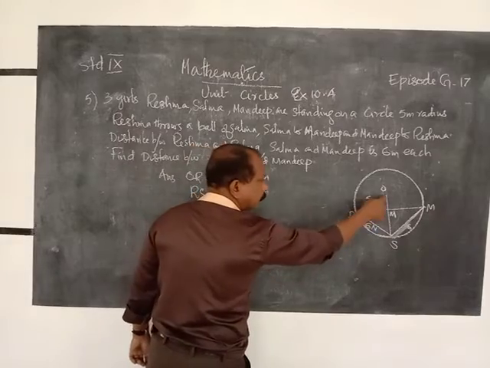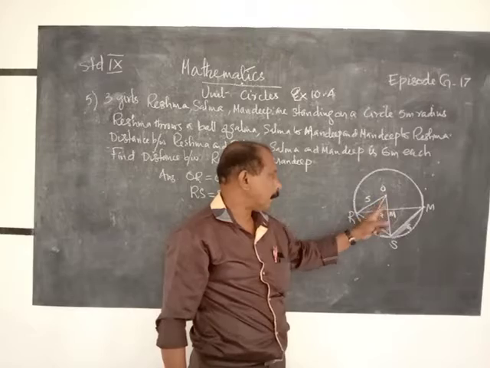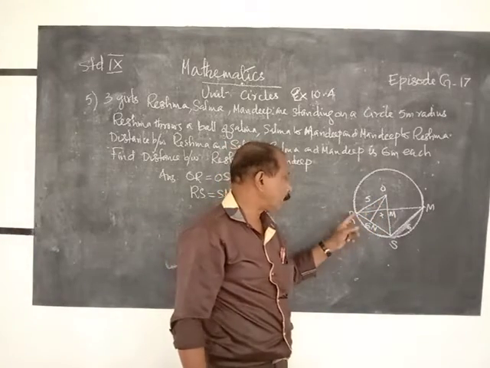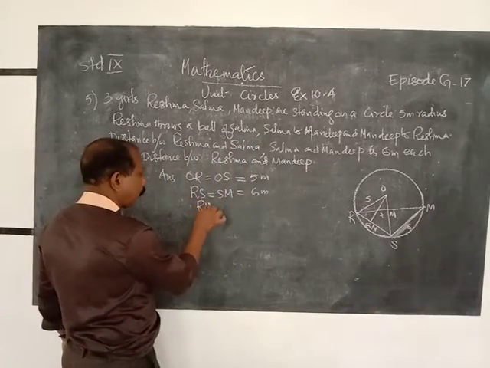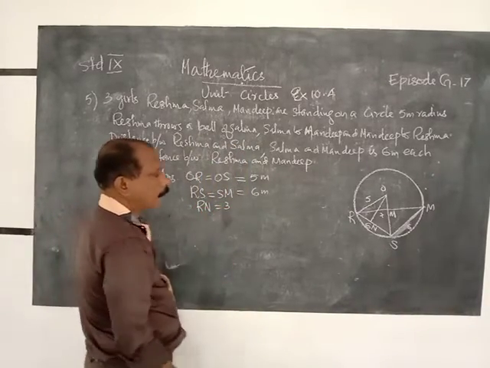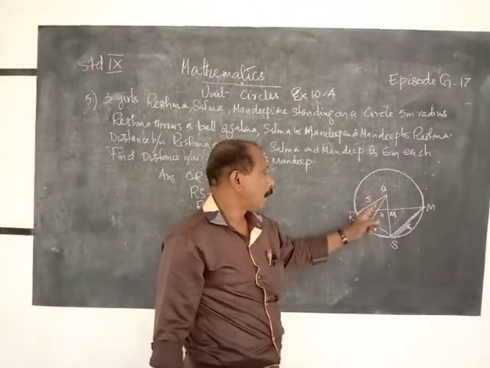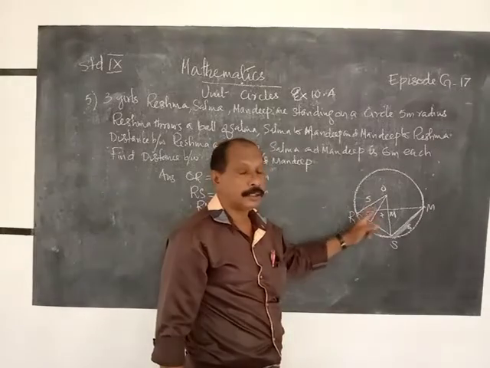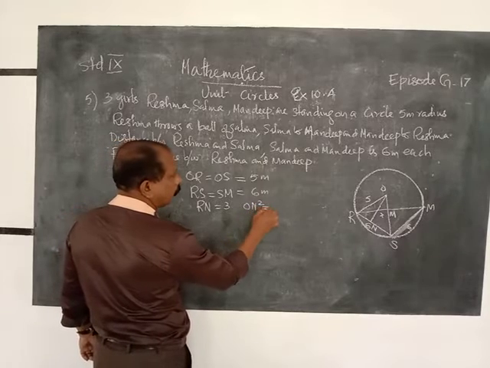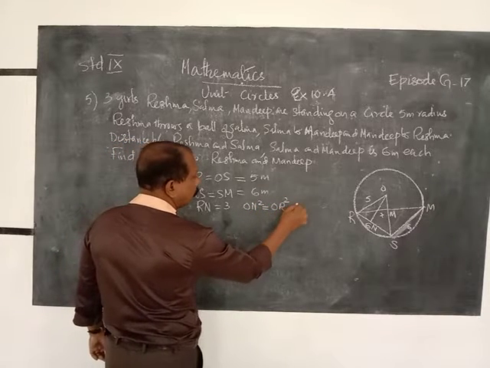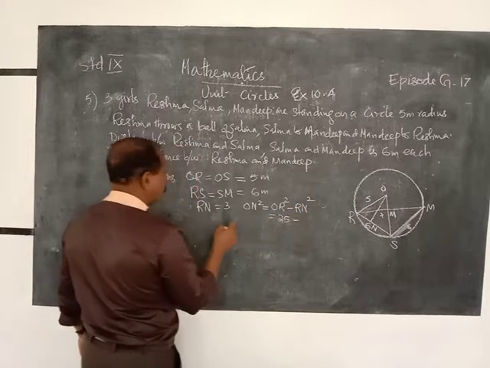Then what is RM? RS is a chord. The perpendicular from the center is ON, that will bisect the chord. Therefore, RN is equal to 3 meters. Then we can find out ON. That is Pythagoras theorem. Hypotenuse square minus base square is altitude square. Therefore, ON square is equal to OR square minus RN square, is equal to 25 minus